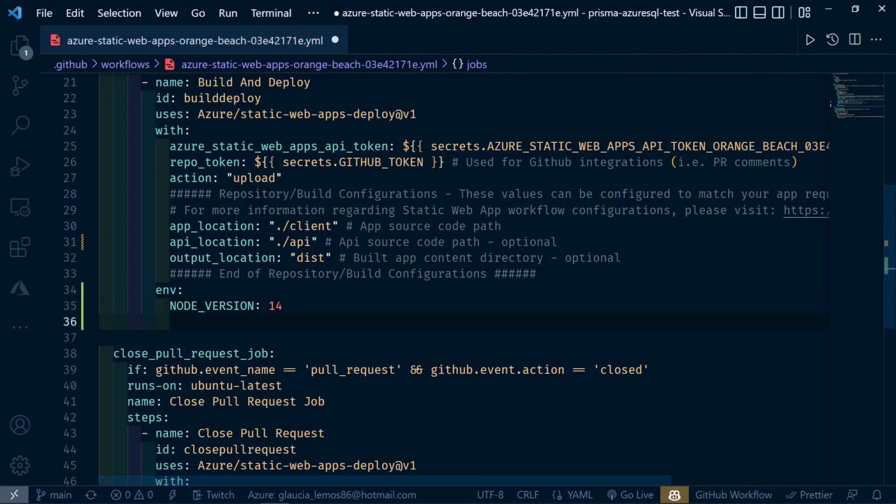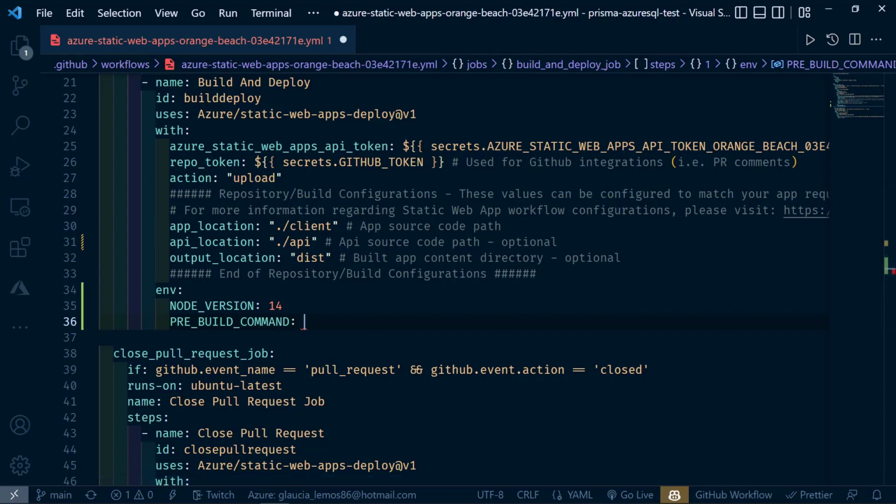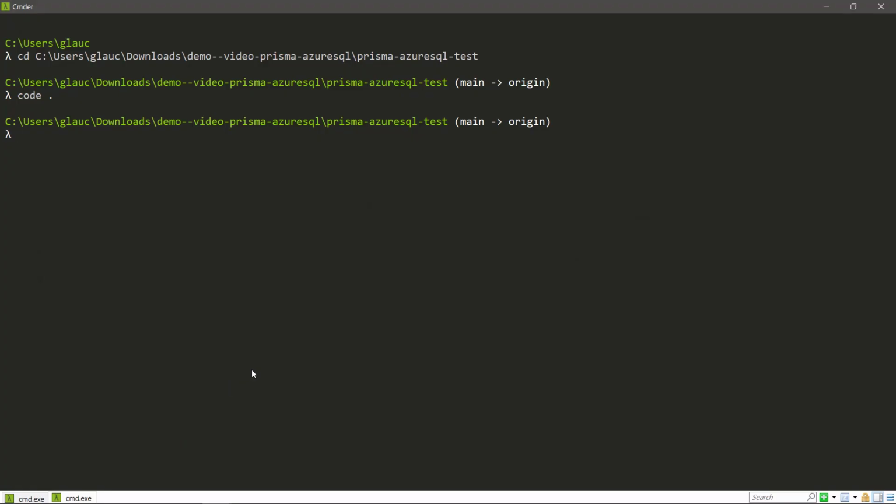And then a pre-build command. In this case, I'm using this command here, which is npx prisma at 3.11.0 generate. And then commit these changes.